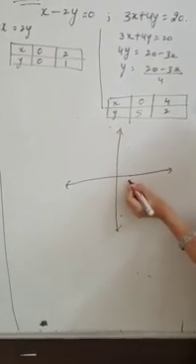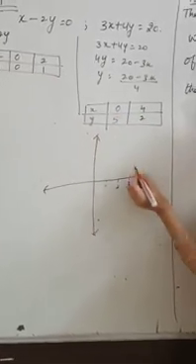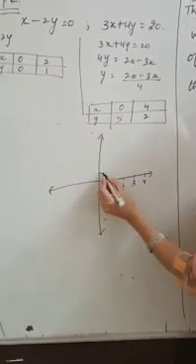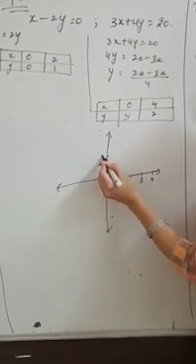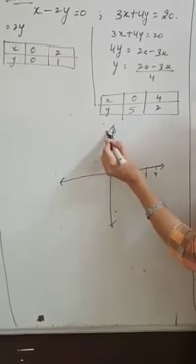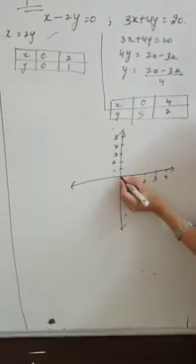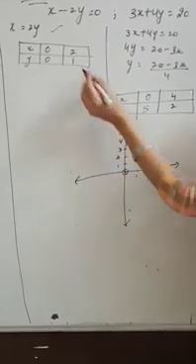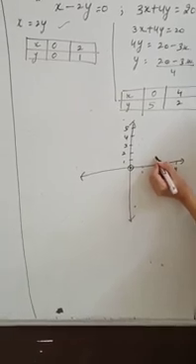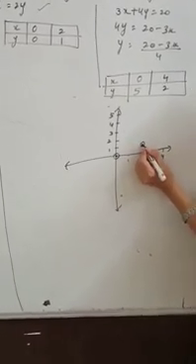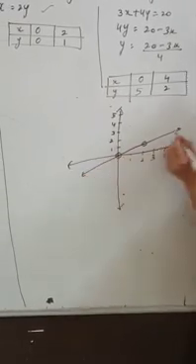Suppose here is 1, 2, 3 up to 4 mark we have to approach, and then here 1 up to 5 mark we have to approach, 2, 4 and 5. So the first solution for the first equation is 0, 0. So this is the solution. Second one is 2 and 1. So this is the solution of it. Then we will join these 2 points and extend it. So this is the first equation.